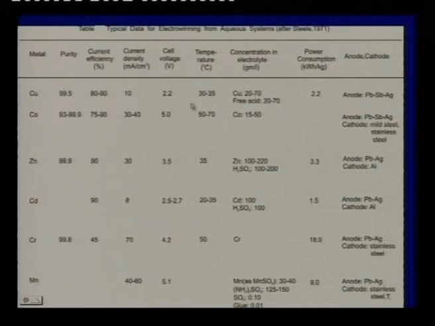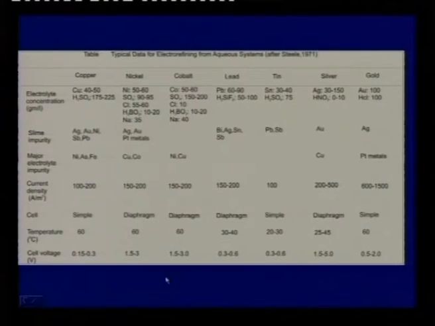We have also given some ideas about what kind of salt mixtures we take, what kind of current density we have, cell voltage, and so on. We have given you some typical data for aqueous systems for electrorefining, which is one step beyond electrolysis,